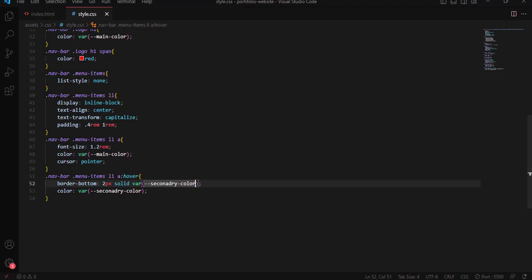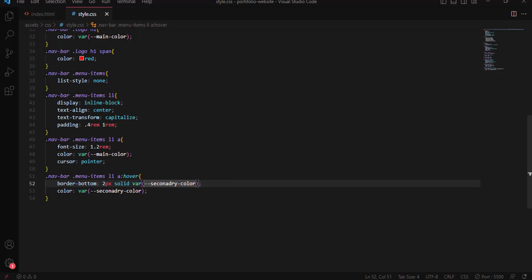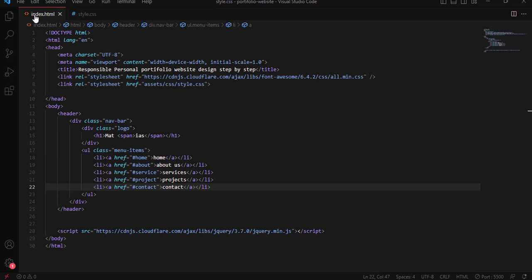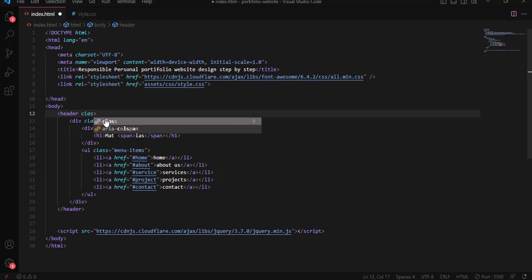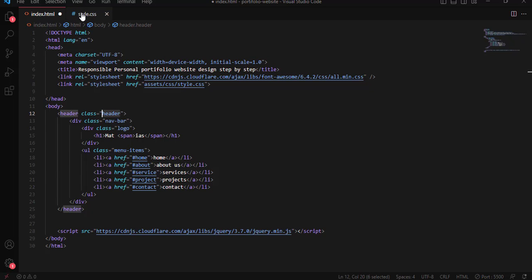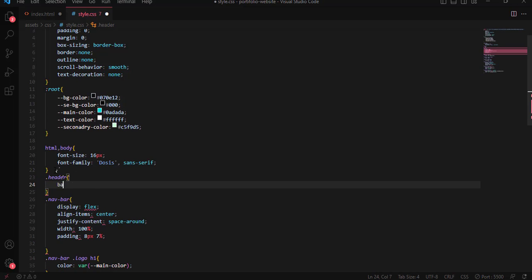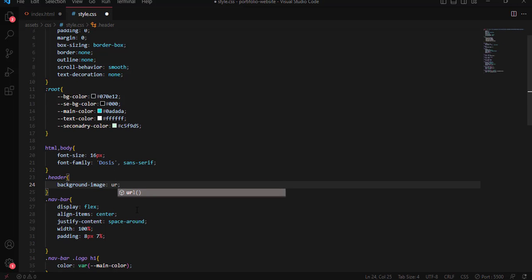After that, when I save, here we have. Now over here, let me add a background image, right? To do this, first we are going to add a class name right here. Let me say class header. After that, using this class selector header, let me add a background image for the home section. So copy this class name and paste right here, and now background image,